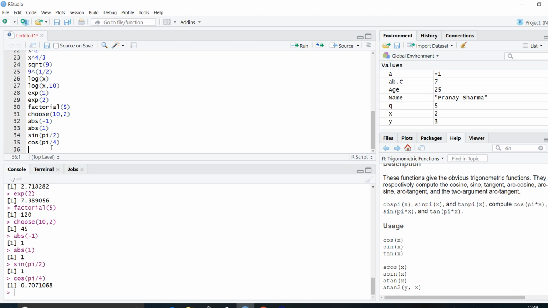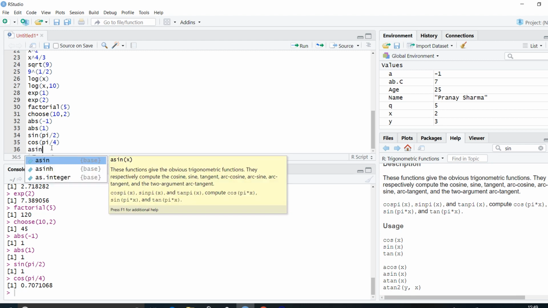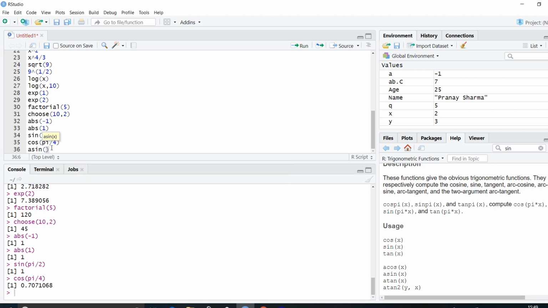Similarly, you can have tan, you can have inverse functions. For inverse functions, asin is another way of writing inverse. Now we have always studied it as sine inverse, but in many countries they write it as asin, acos, atan. So asin of 1 should give us 1.57, most likely that is our pi by 2.